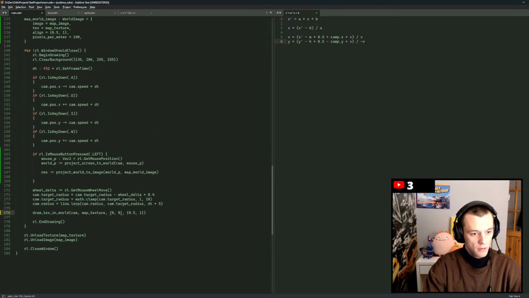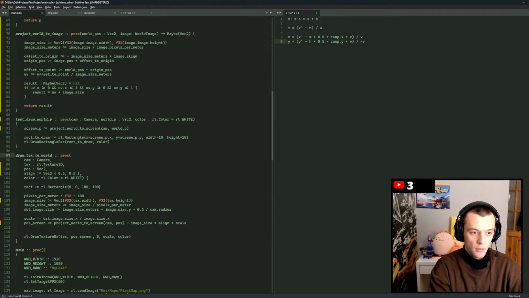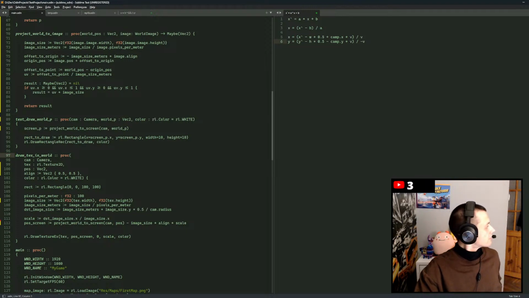Let's say draw texture in world. Wait a second. Draw texture in world. Maybe let's say that this one will accept